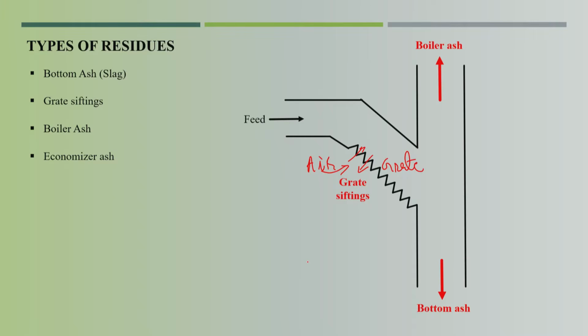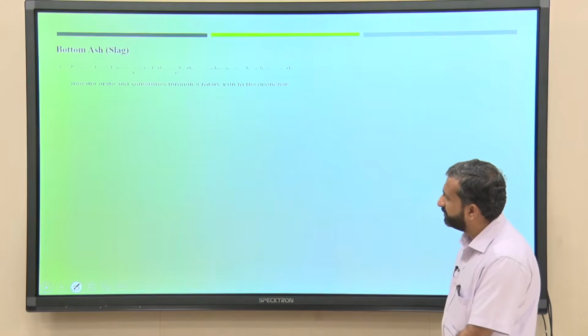Next is the economizer ash, where it is produced I am going to talk about, and fly ash. This fly ash is majorly produced from the air pollution treatment system, the flue gas treatment system. Along with that comes the acid gas cleaning residue, which we saw in the previous class. A huge amount of liquid effluent comes out while treating the acid gases. So, we will go one by one. The first is the bottom ash.